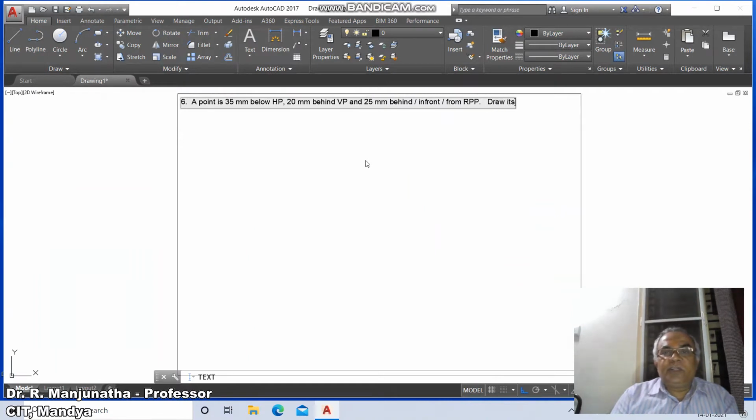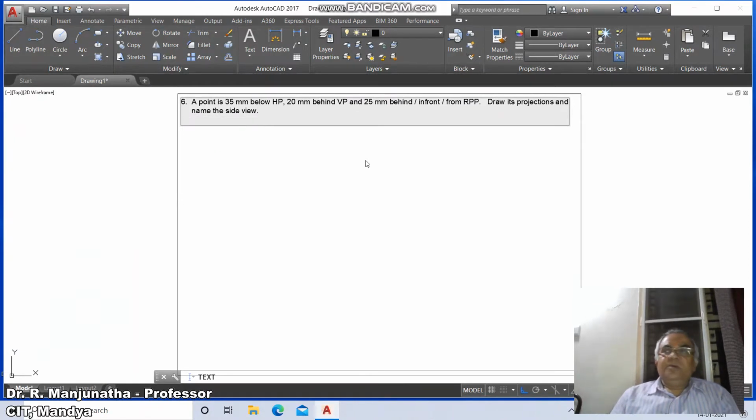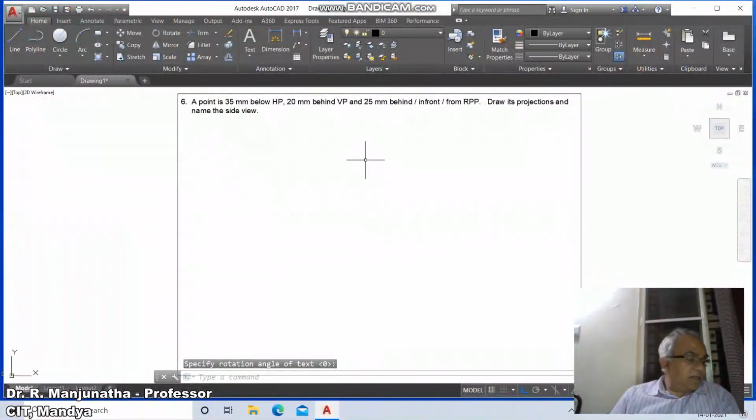Draw its projections and just press enter key and give space by using the space bar and name the side view. And press enter key. So without giving any space, you just press enter key again. So it will cancel the command.